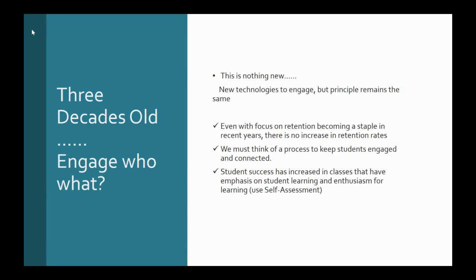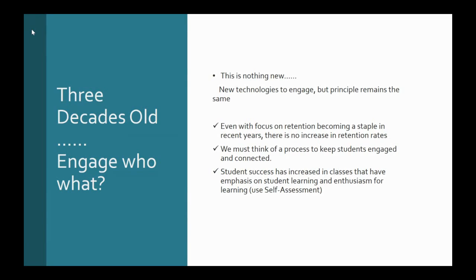Okay, that was the key of this in the fall workshop as a staple in recent years. We want to say that we want to keep the retention the same or not deplete it. We all know that the population at Triton right now is not increasing and not changing, actually going down a little bit because the population is getting older. And the big thing is we need more students. There may not be more students, so we might not be able to get that huge increase that we're looking for, but what we can do is keep the students we have in front of us.